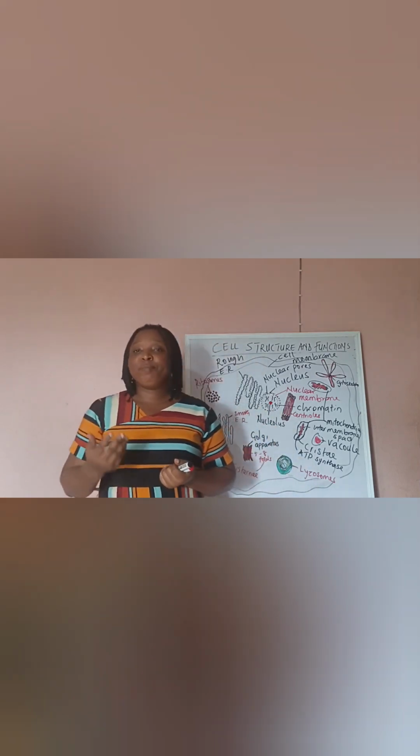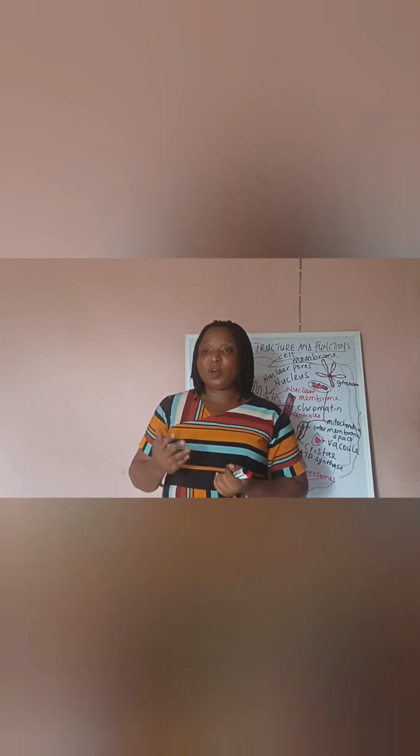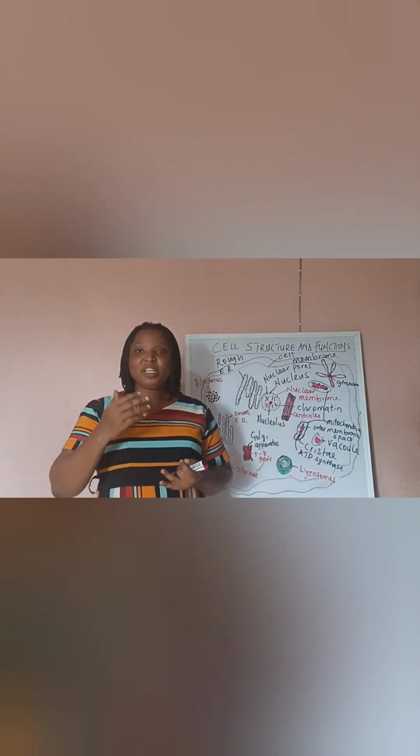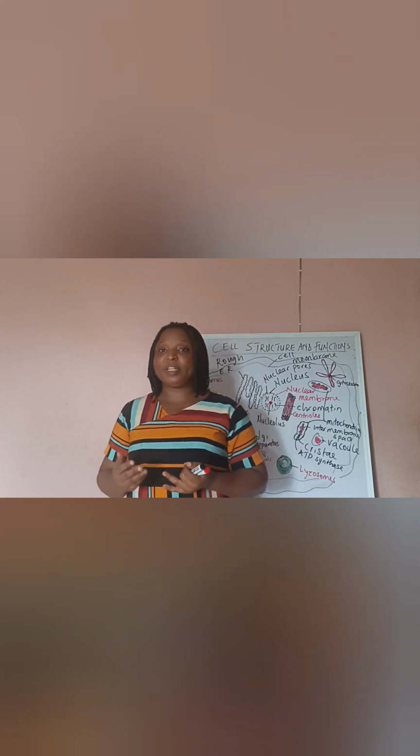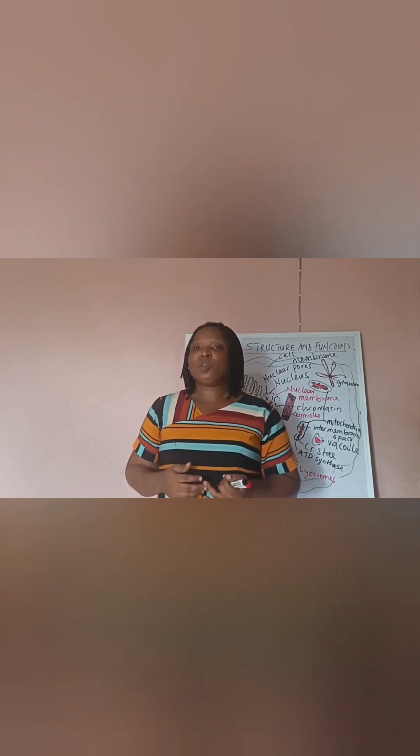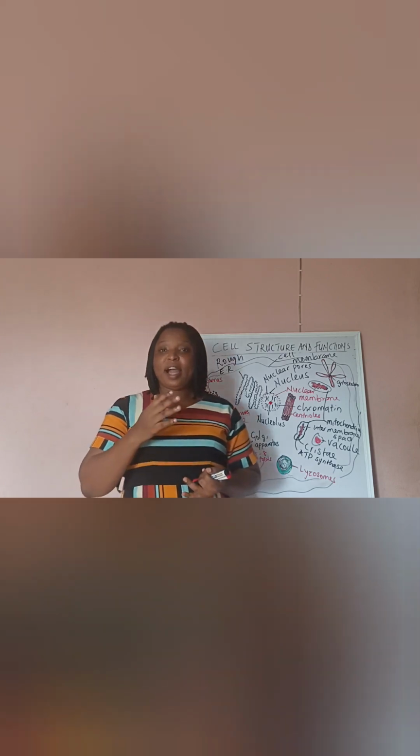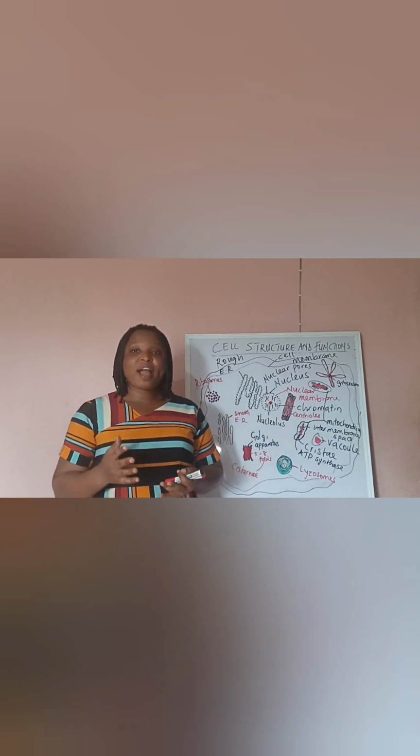We have blood cells. There are different blood cells, like the red blood cells, which contain hemoglobin. This hemoglobin transports oxygen throughout the body. We have the white blood cells, which fight infections and diseases in the body. So we have other